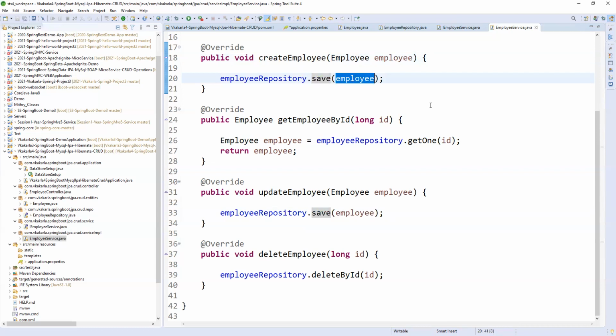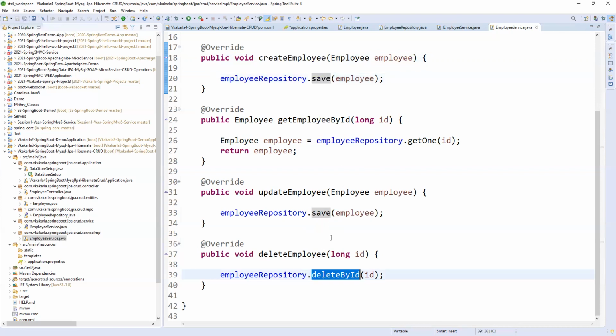Every time it will check whether the employee record exists in the database. If it is there, it will automatically update the values. If it is not there, it will create. That is the behavior of the repository save method. If you submit the same record again, it will not create a duplicate record. Automatically it will update or override the existing record.